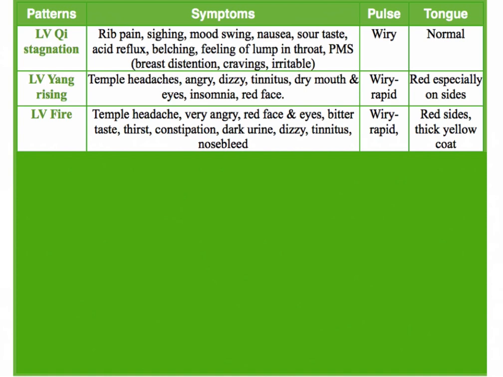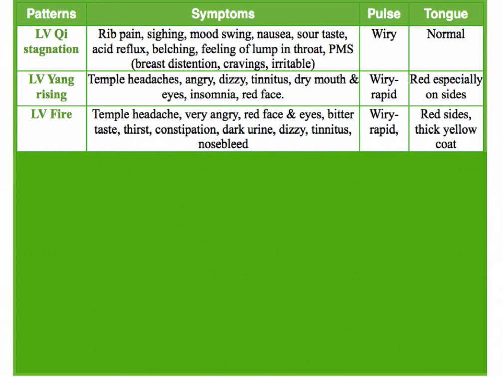It could be nosebleed. If the person gets angry enough, they could literally have a nosebleed. And that's very common with children. When children get so mad, they can make themselves bleed, like have a nosebleed, right? That's very common. So those are the three patterns that are very much related in TCM and can be the catalyst of one from the other. So it's liver qi stagnation followed by liver yang rising, and eventually can turn into liver fire. So the more it is, the higher it is, the harder it is to treat. But obviously it just takes a bit of time. But it's really, really good with acupuncture and a diet, and of course you could use herbal formula as well.